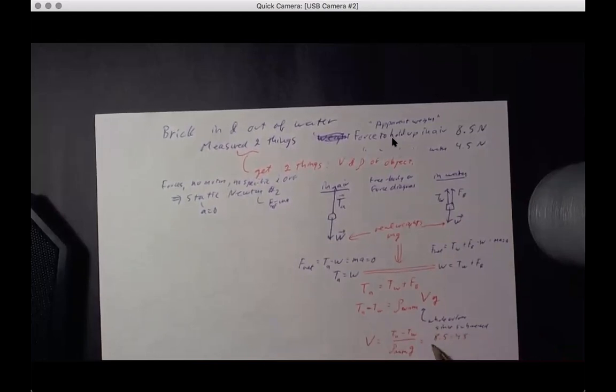That's 4 newtons divided by 1,000 kilograms per meter cubed, 9.8 meters per second squared. And if you grind that through, the volume is equal to 4.1 times 10 to the minus 4 meter cubed, which is 410 centimeters cubed,